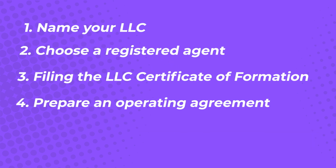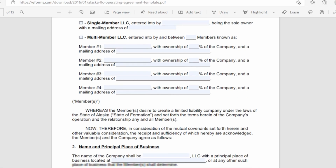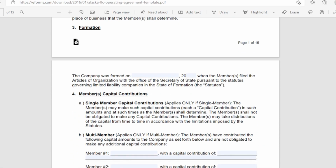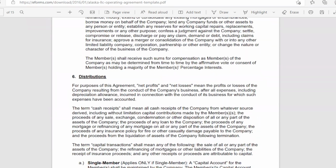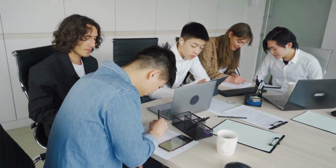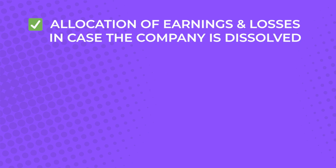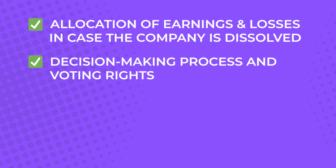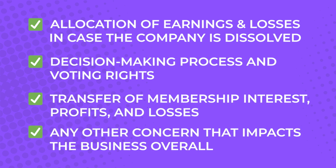Step 4. Prepare an operating agreement. The state of Arizona does not require LLCs to have an operating agreement, but it is a good business practice to have one. Having a document that will guide all company members, especially co-owners, directors, managers, and even new hires, is always better. An operating agreement outlines every critical process that needs to be followed, especially regarding big picture issues. These issues may include, but are not limited to, allocation of earnings and losses in case the company is dissolved, decision-making process and voting rights, transfer of membership interest, profits and losses, and any other concerns that impact the business